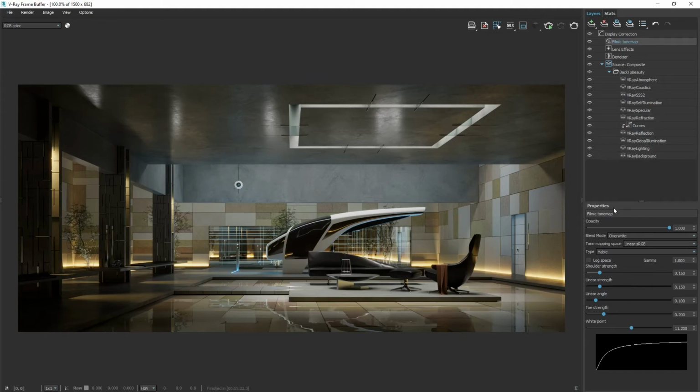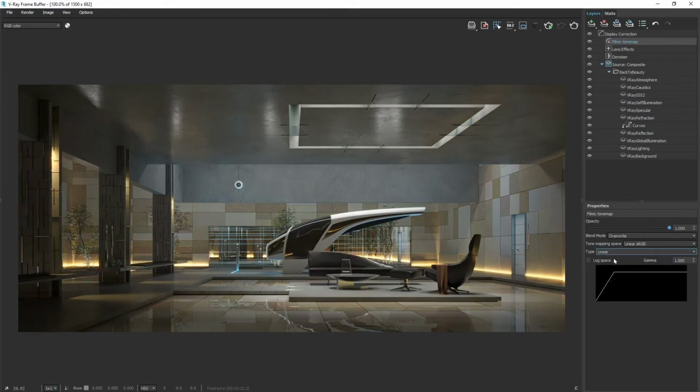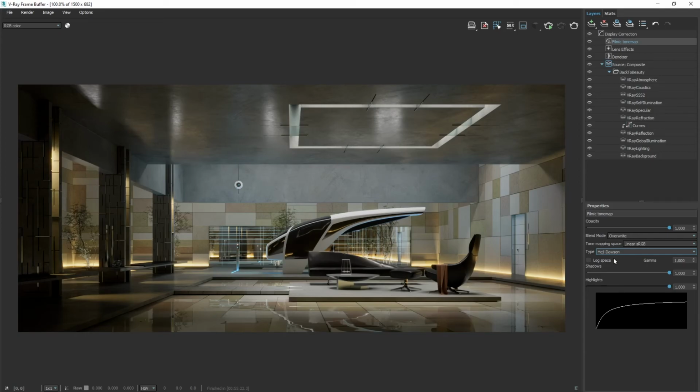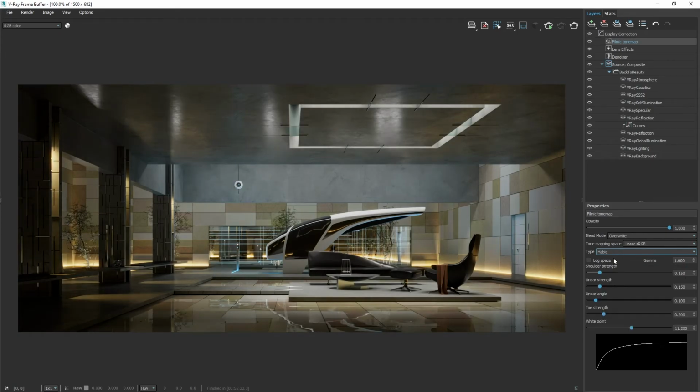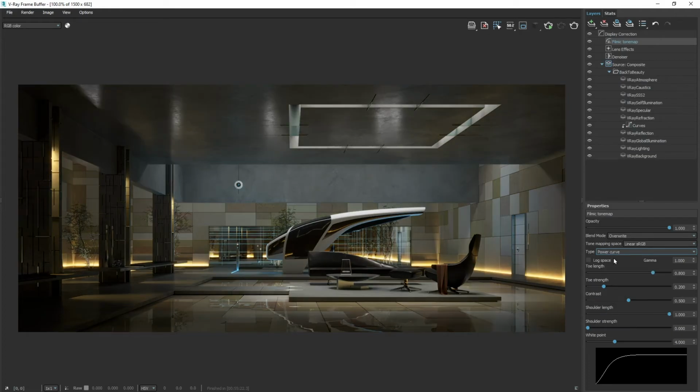Let's take a look at how the different tone map types here impact the image by clicking on the dropdown. I'll first select the linear type. Now, we can use the up and down arrow keys to switch between the different types for a quick comparison. As you can see, each tone map type has a different effect on the overall light and dynamic range of the image. In this case, I'm going to leave it on the power curve option, and then let's make a